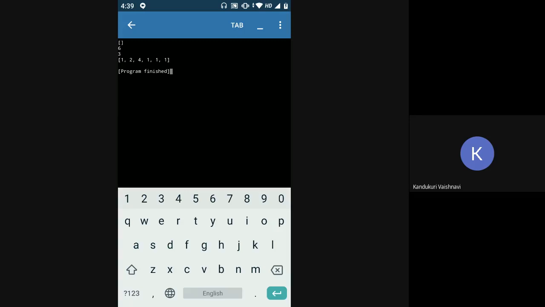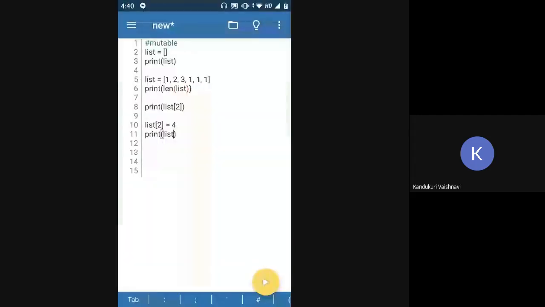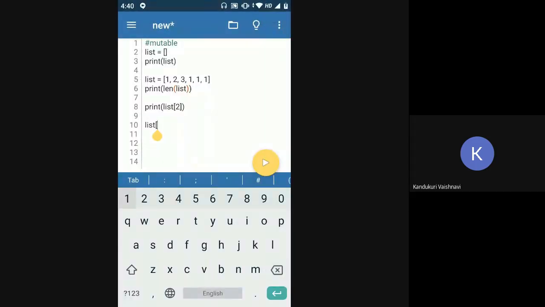So I have changed that one element of the list without completely changing the list. That's why it is called mutable. Similar to the strings case, here also we can access the elements using the concept of index.